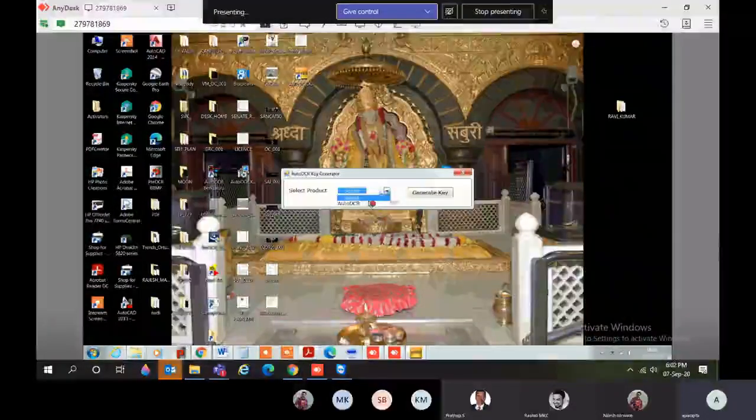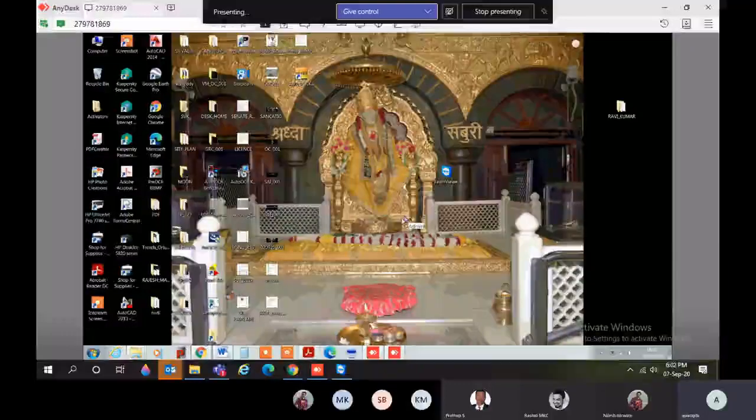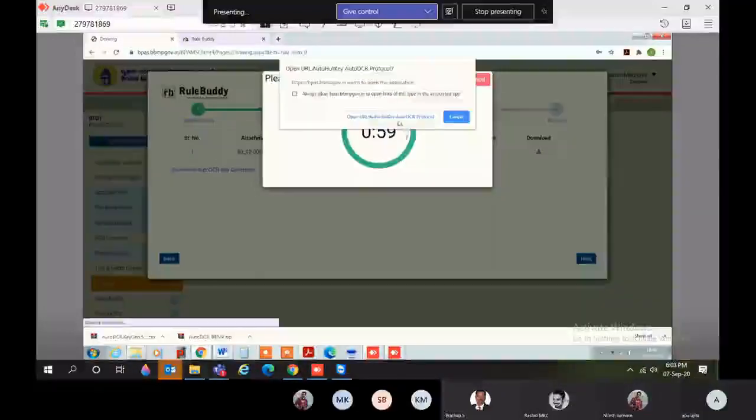Then click on generate key. So registry created successfully. Click on OK button. So now you can use it, and always open Chrome as run as administrator. So now you can run your drawing.